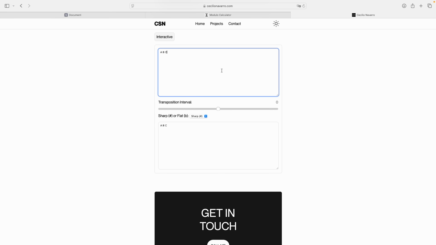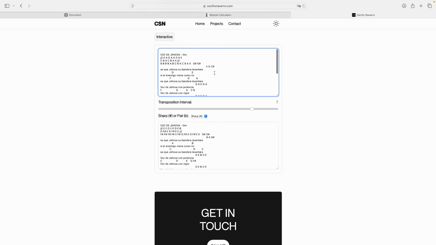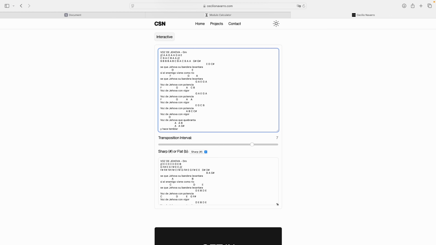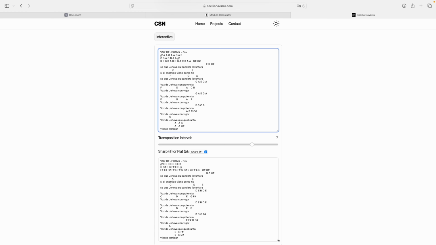transpose it either way. And you can also do this, so for A minor, B minor, C minor, it works for that case, and also in this format. So if we see right here, we have a whole song and it is transposed to any key that you want, and you can choose right here sharp or flat. You can choose the accidental, and it transposes every single note if it follows this following format,